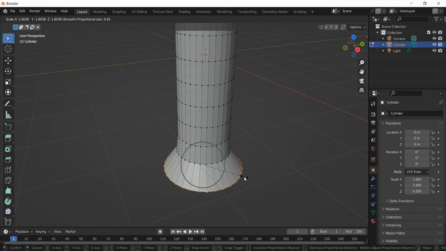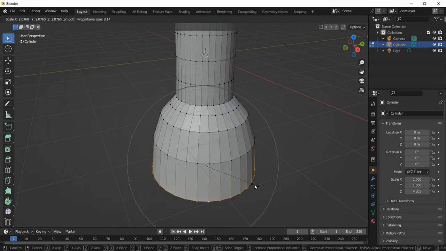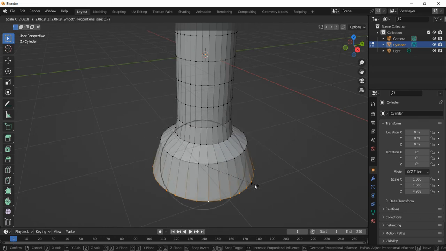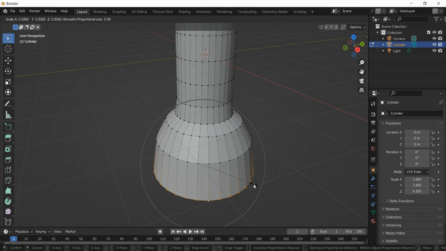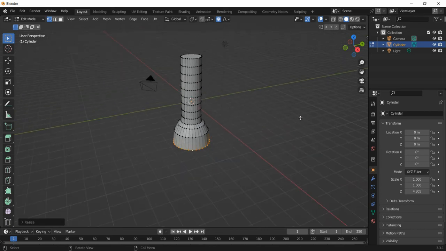Now, if we then use our mouse wheel, you can see there we can change the strength of the move. Okay, so let me pull that out a bit more. We want something that looks reasonably natural. Okay, I don't know, maybe for a palm tree. It doesn't look that natural, I guess, but I'm going to go with that. Okay, so we're just going to click the mouse button to fix that. So we've got the base of our tree.